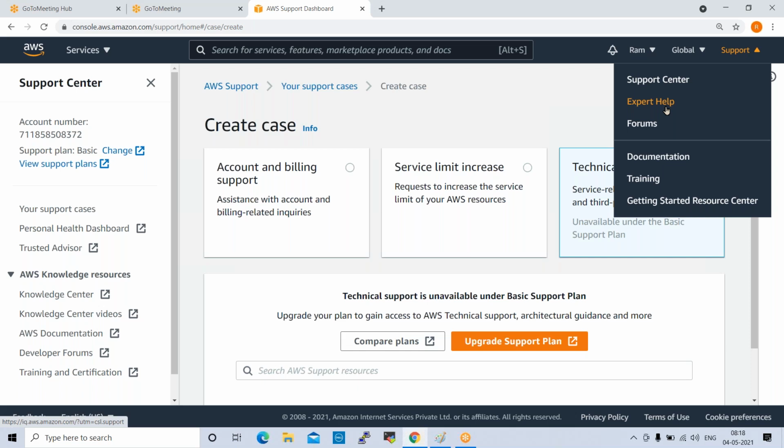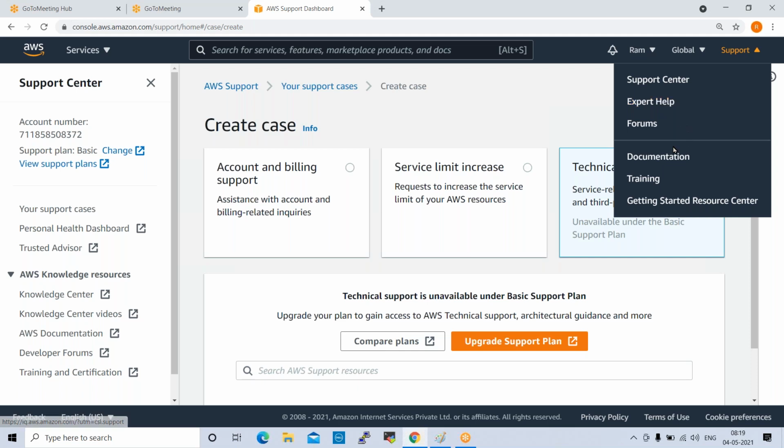The vendor will give you these types of support, and ticket case support. Expert help means some customers, some project teams, will take premium support. Premium support will have expert help. We are using premium support. Expert help means we can directly call that team and get support whenever we need it.